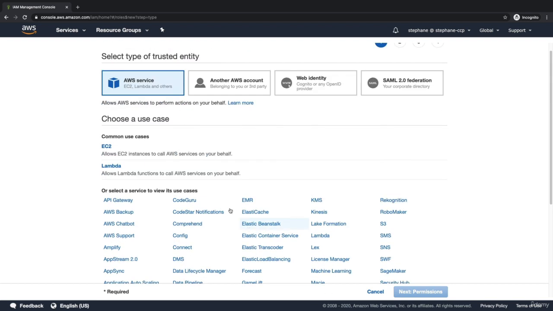But a very common use case to create a role are EC2 instances and Lambda functions. EC2 instances are virtual servers, and Lambda functions just run code, but don't